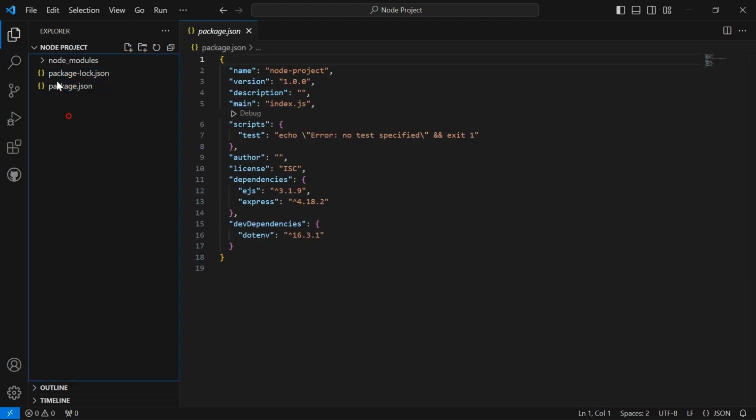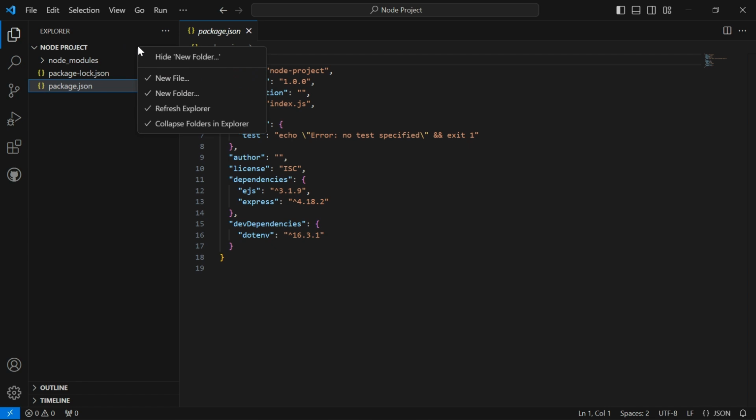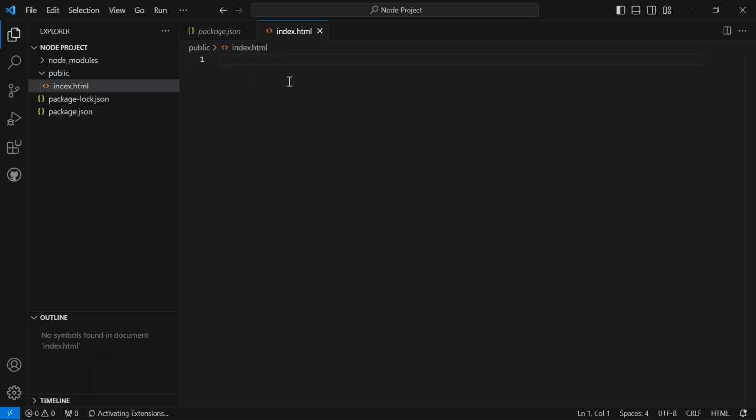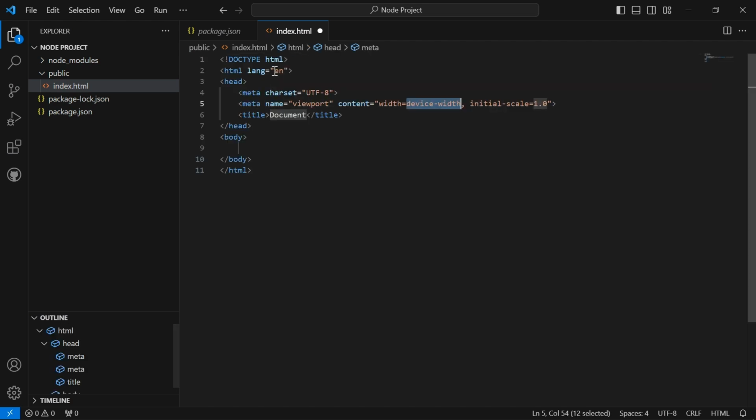Okay, the next thing for us to do now, inside this root folder here, I'm going to create a public folder that will capture all our static files and everything we're going to use to work on the front end. Let me create one folder here. Let me call it public, and inside this public folder I'm going to create a file called index.html so that I can just set up an HTML file that we use to work and show that our server is working.